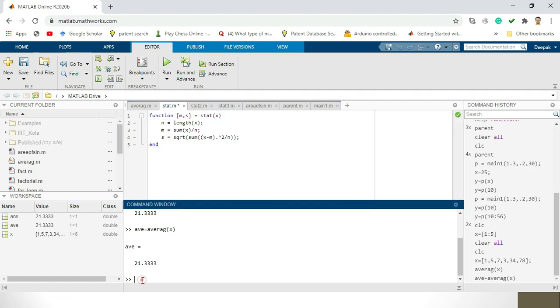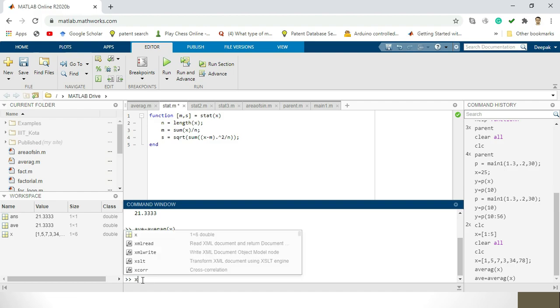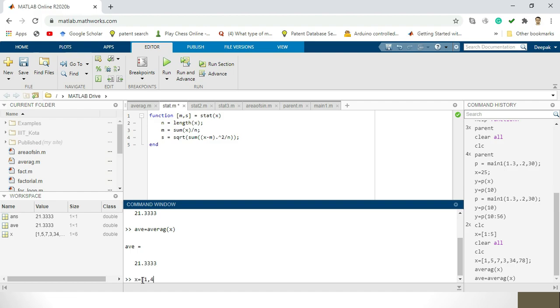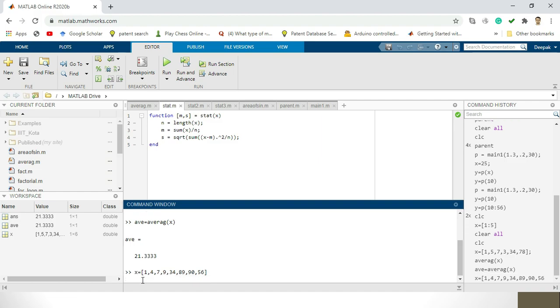We define an input variable x that has a collection of numbers 1, 4, 7, 9, 34, 89 and 90, 56. This is a required set of numbers, and we try to find the average and the standard deviation of these numbers. So when I define this, now to find the average and standard deviation,